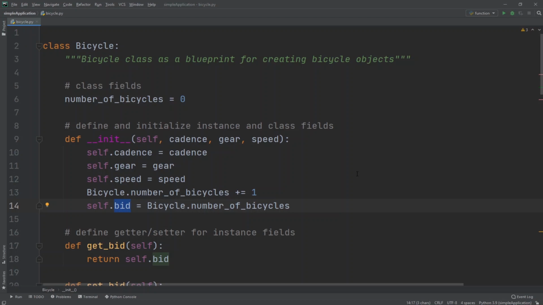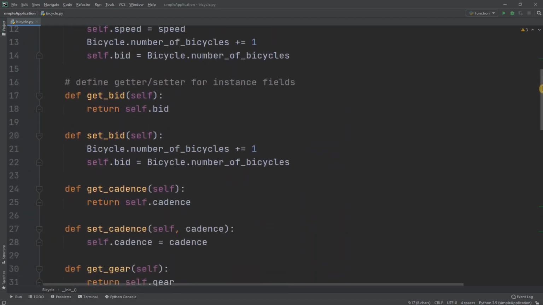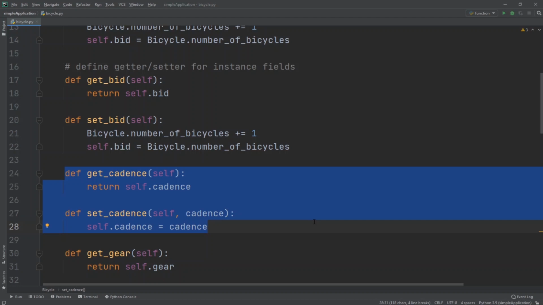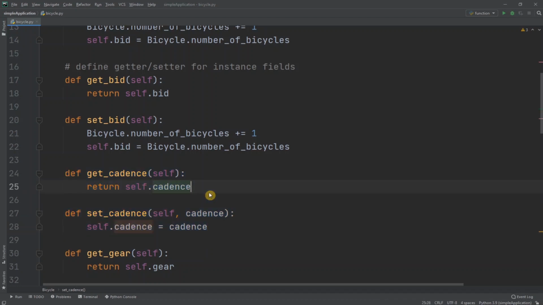One thing worth considering here is that the init method is made optional by the language. If we do not include it as part of the class, it will never get called. So how do we define the instance fields then? It turns out that the other way to effectively define instance fields is by making use of the getter-setter methods. We define a getter-setter pair for each instance field, and the naming conventions dictate that both methods should include the field name, preceded by get underscore and set underscore